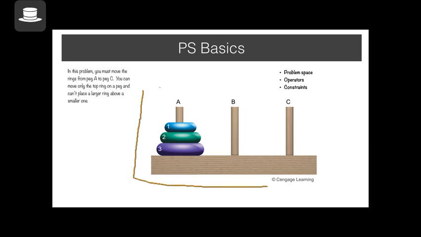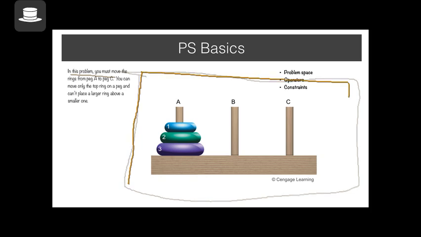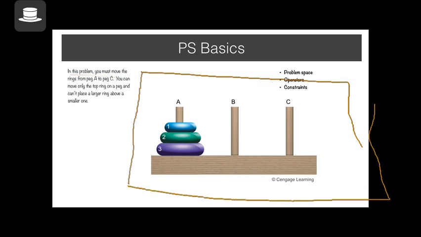When you have a problem, psychologists or cognitive scientists think about these terms: problem space, operators, and constraints. First, we'll talk about problem space. Problem space is the mental representation you have of the problem, which includes your understanding of what these things mean. It may also include some visual representation that you might be using to solve the problem. So everything in this particular space in your mind that you are working on would be a problem space.